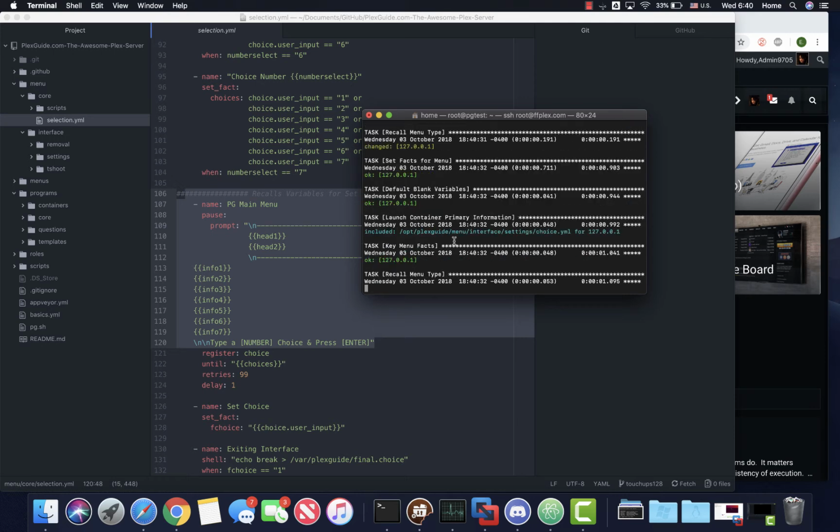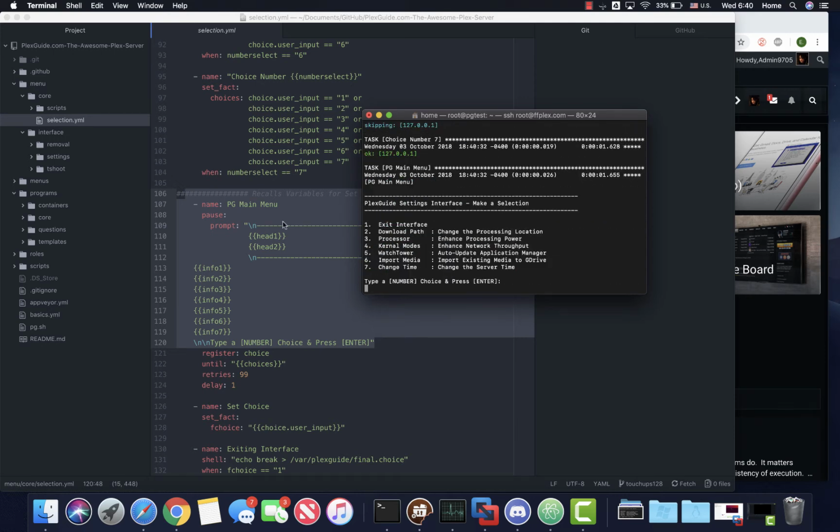And it should load up. So here you notice there's the lines, and you can see that there's a head 1, head 2. Head 2 is blank, so right now that's the reason why it doesn't push down. And then you can see how it goes to info 1 through 7. Now in the future you may see up to 12. Right now I haven't had to do this, but the point is that